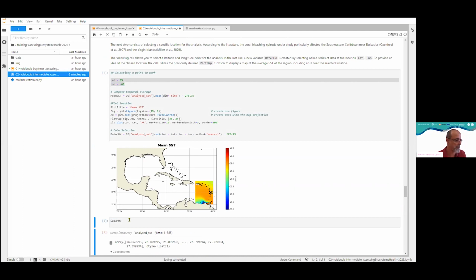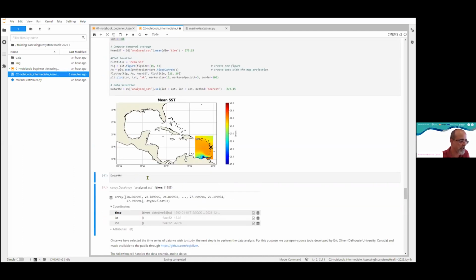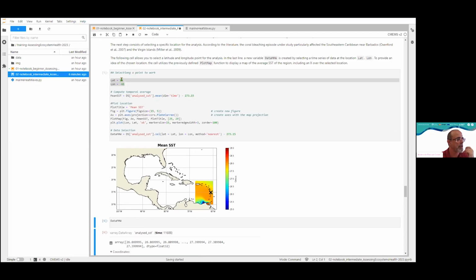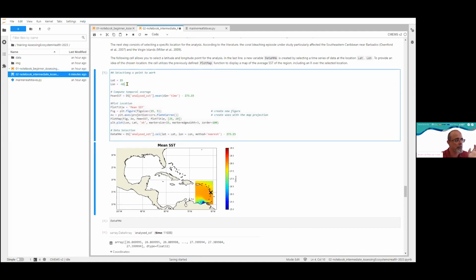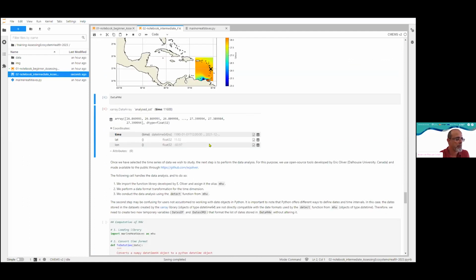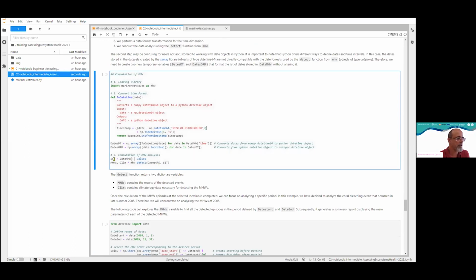This variable, if we print the report of this variable, we see that it doesn't have latitudes and longitudes, and only has the time dimension. So it has a time series over a specific location, latitude and longitude, which is 15 degrees and -60 degrees, which are the closest points to this requested point, right? Well, we can continue, and with this, we get the SST information from the data set, and we also have